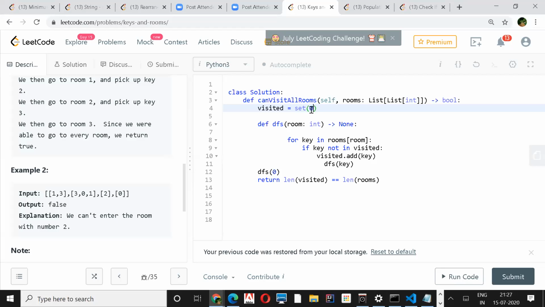In the BFS algorithm, as soon as you put anything in the queue, let's make that thing visited. Not when you poll it. When you put it, let's make that visited. Here also, before you call the DFS, let's make that thing visited. Right. So in BFS, if you don't put it in the visited set and only do it after popping out, it won't work. There would be repetitive calls. So Rahul is exactly right in what he's saying. We should put it in the visited set as soon as we encounter that element.